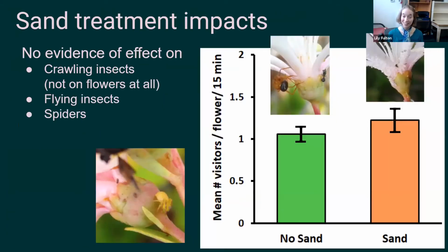So overall, here's the effect of covering up the sticky flower base with sand on various flower visitors. I found no evidence of effect on crawling insects, since there were none on the face of open, sandy, or sticky flowers at all. So the sticky flowers may be very good at inhibiting them. For flying insects,